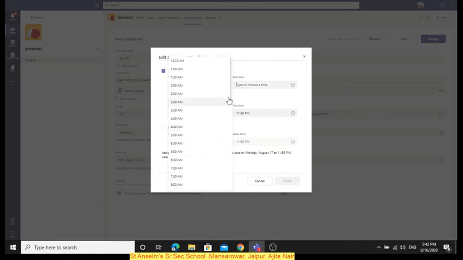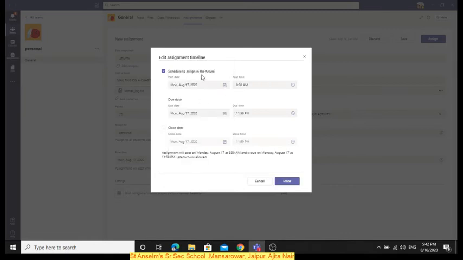Suppose I want the students to get the assignment before I join my class. So I said 8 a.m. Okay, at 8 a.m. it will be delivered to the children. As you all have seen, the papers are delivered, posted. In the same way, this will also be posted. But please make sure this will be open also. Okay, this will be open to the children.